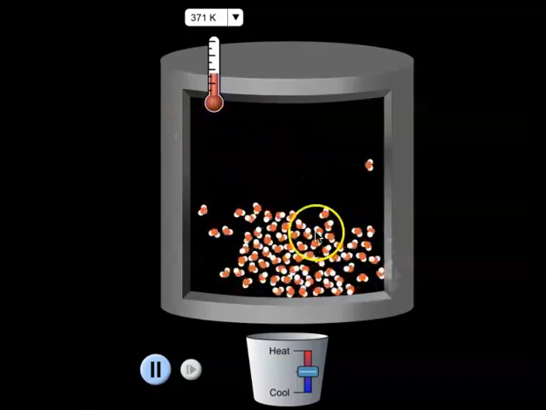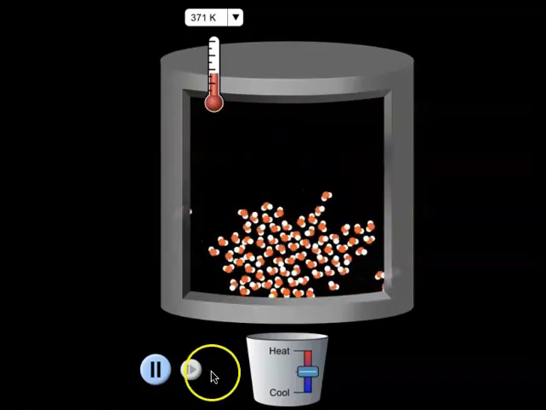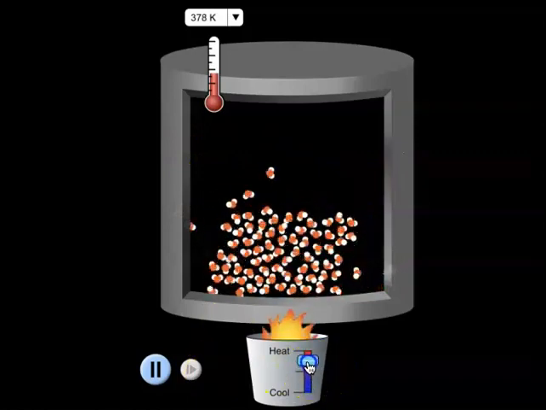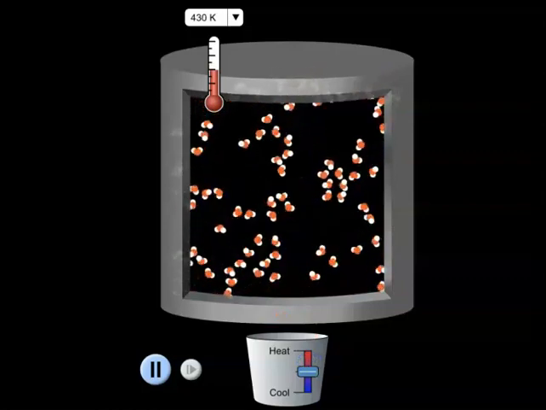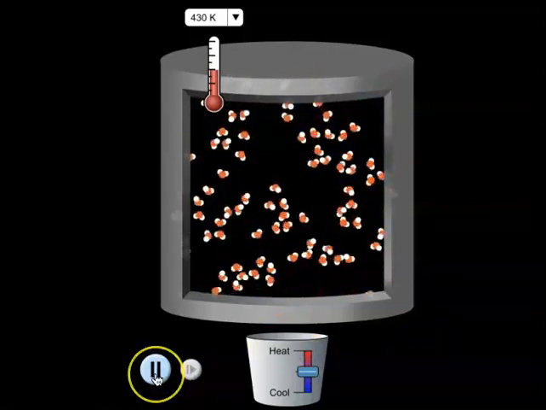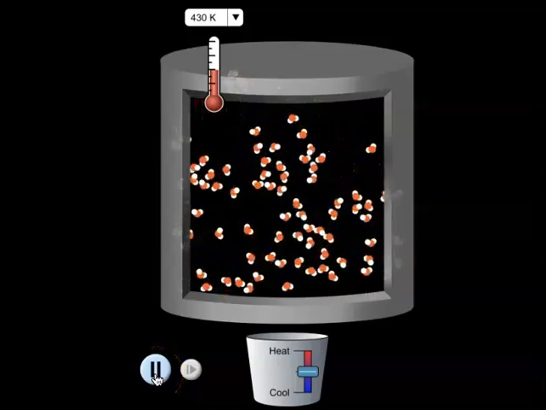So you've got a bunch of liquid and a little bit of gas vapor up here. And as we continue to heat it, obviously we get more and more things into the gas phase until they're all in the gas phase. So if you notice some of the changes in motion that we have going on here,